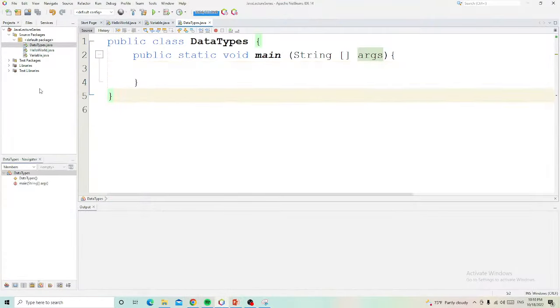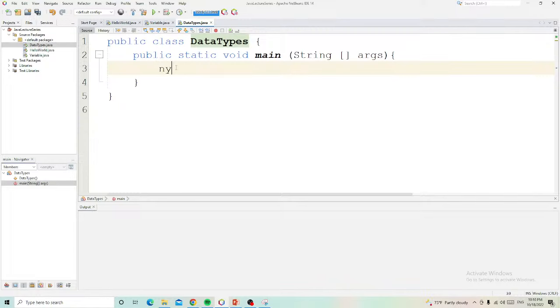Okay, so I already created a class data type and then the main method. For example, I will declare my name. In our example we use my name is equal to like example 5.